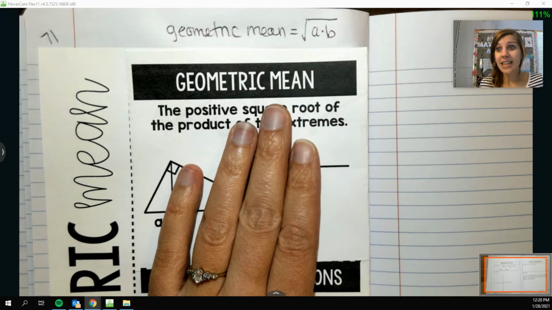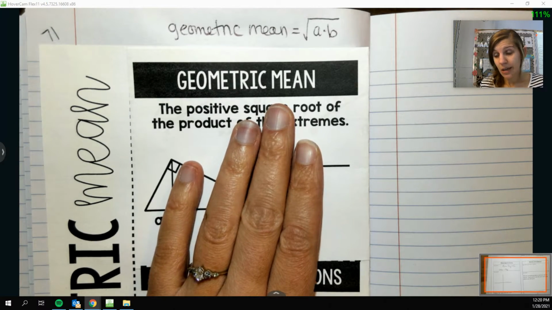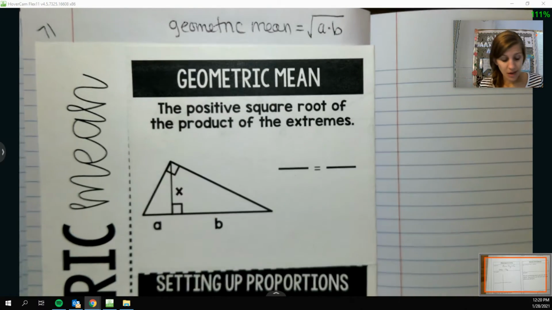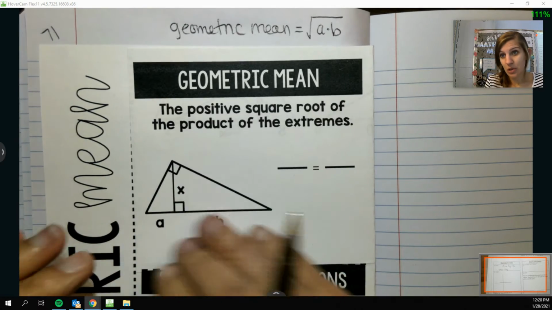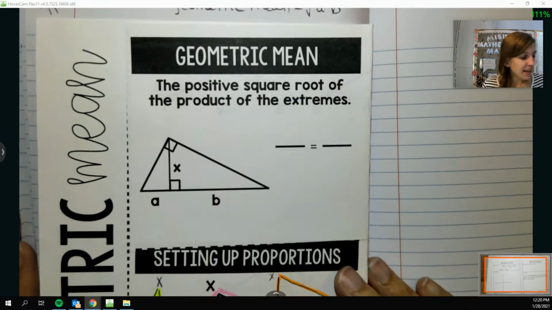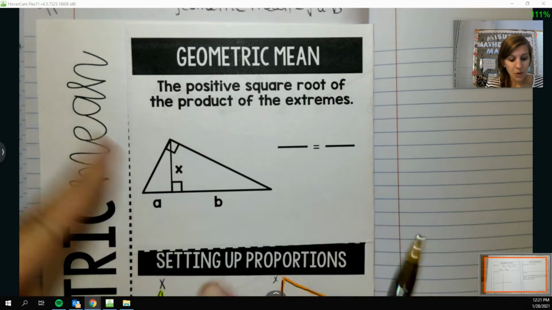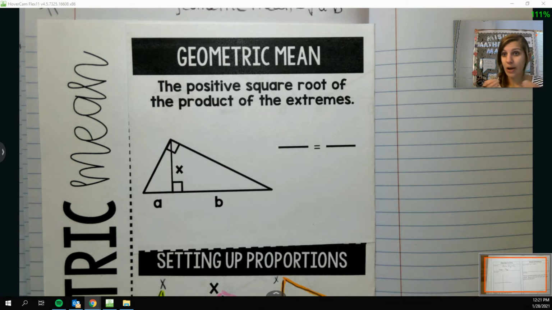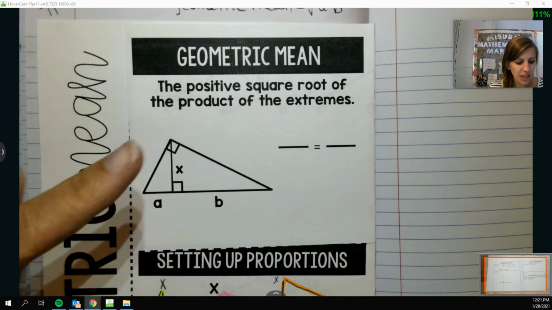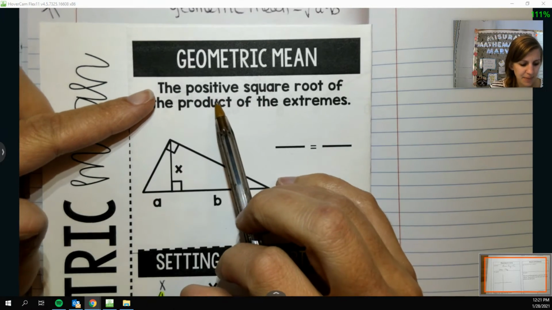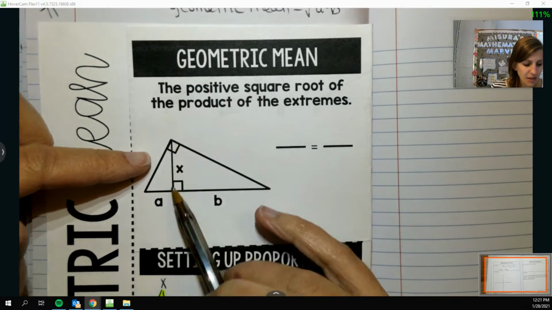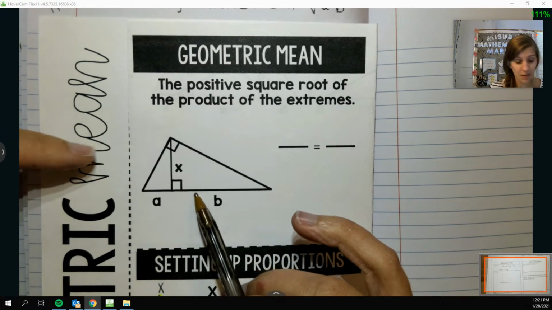And I get a geometric mean that kind of appears when I have this similar right triangle stuff going on. And that's because of the way it's all proportional. So when I set up small to small, long leg to long leg, and hypotenuse to hypotenuse, something that happens is that the altitude here that's really drawn inside my right triangle